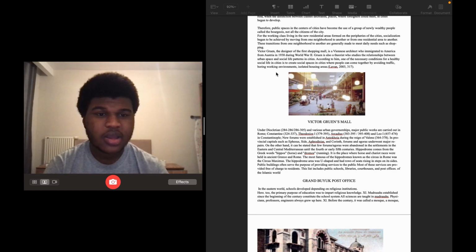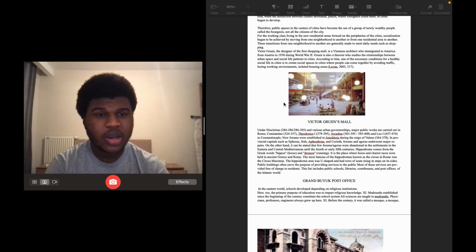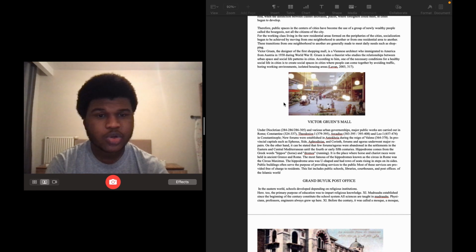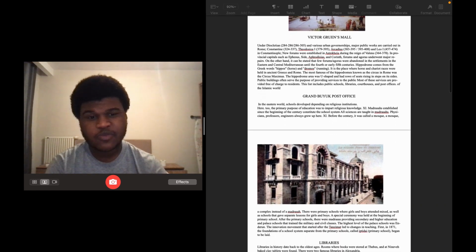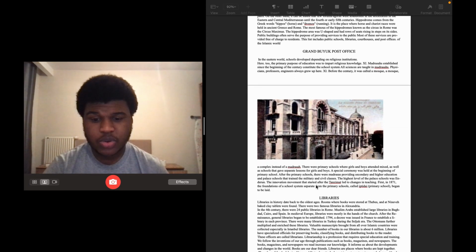According to him, one of the necessary conditions for a healthy social life in cities is to create social spaces in cities where people can come together by avoiding traffic, boring working environments, isolated housing areas. So this is just a rough picture. And then the Grand Post Office. I didn't really go into detail when explaining this, but the Grand Post Office is